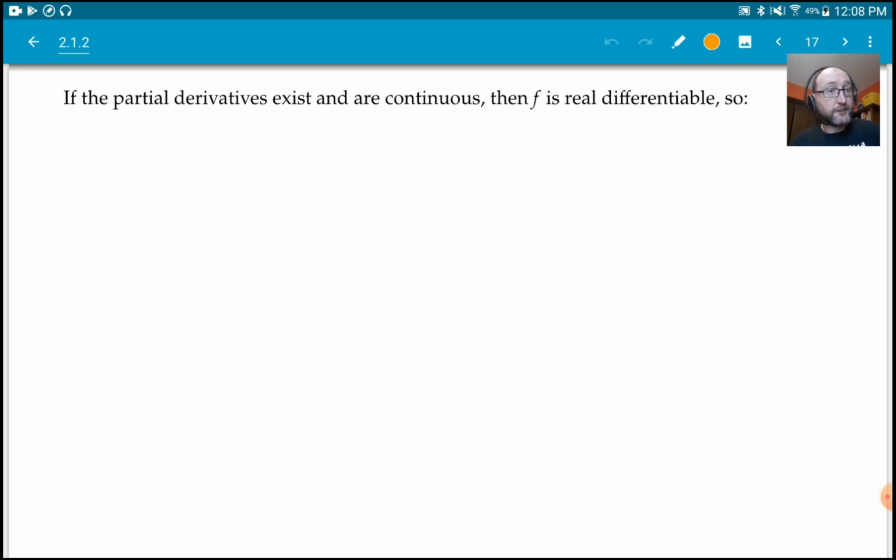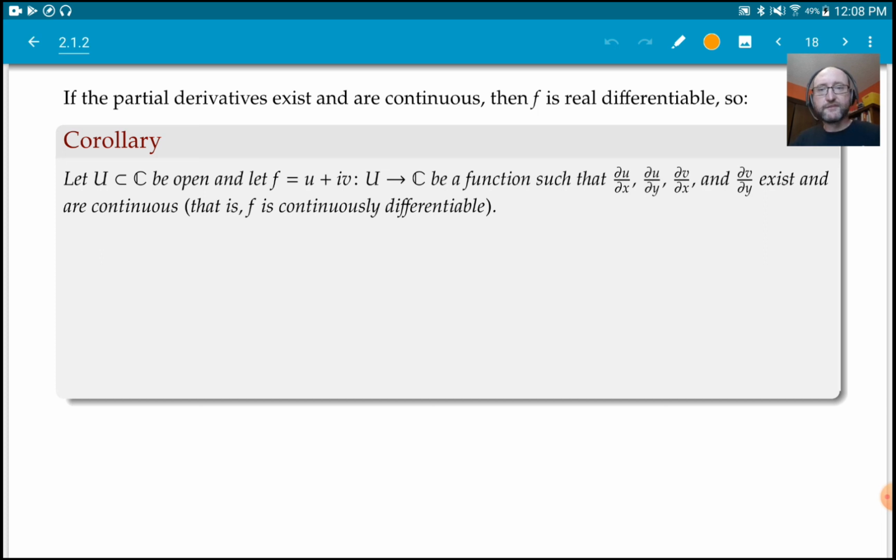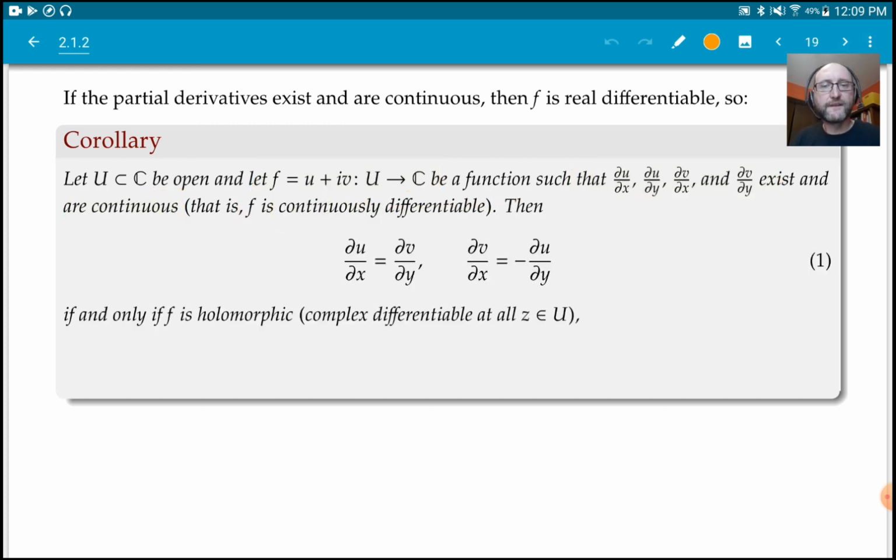So we can use that, and so we have this corollary. If you have a function and all the partial derivatives exist and are continuous, which will imply that the function is actually real differentiable, usually it's called continuously differentiable,